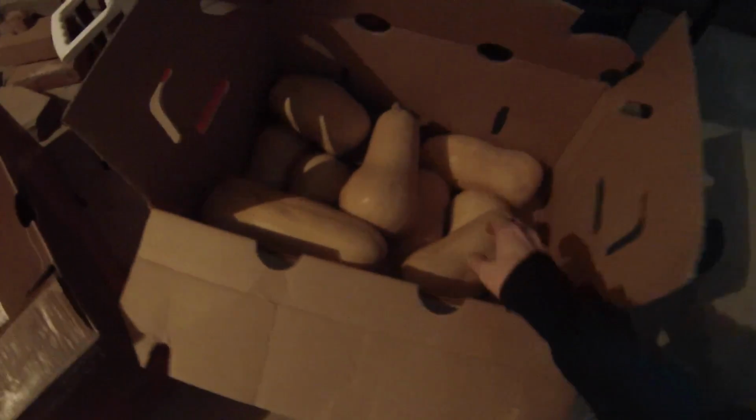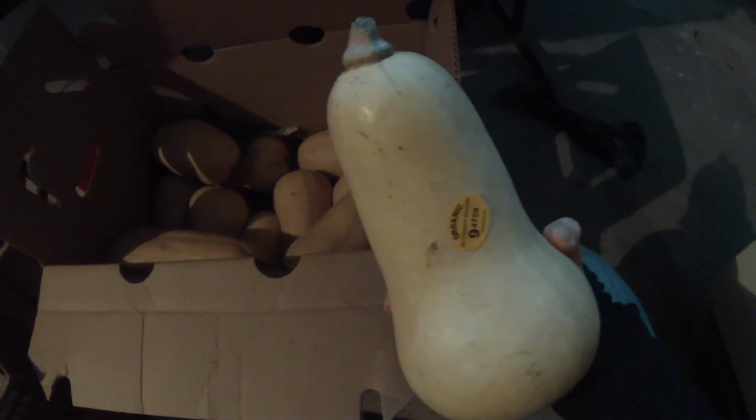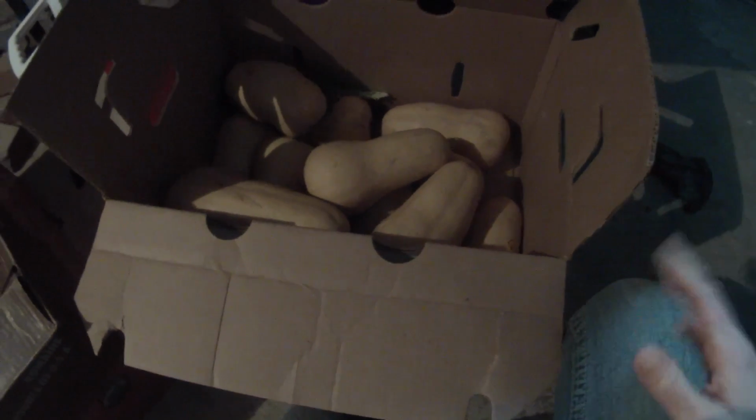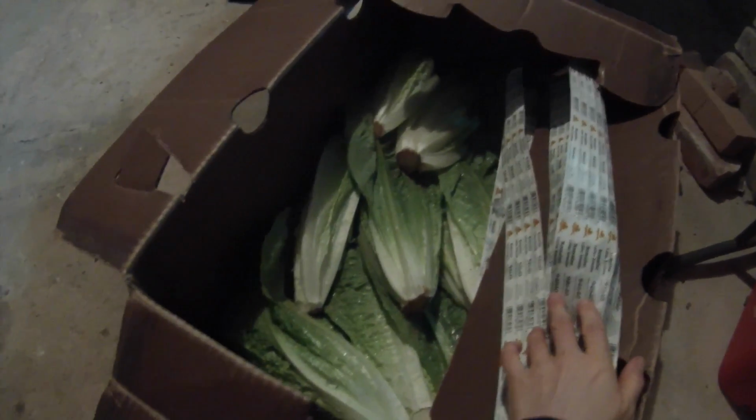I love butternut squash. These are my butternut squashes. These are so good. I bake them. So again, in the winter time, I will cook things sometimes. I'll cook some stuff in the summer. I'm really not that intense about it. And then here we have 24 heads of lettuce. And then what I've already got in the fridge here,